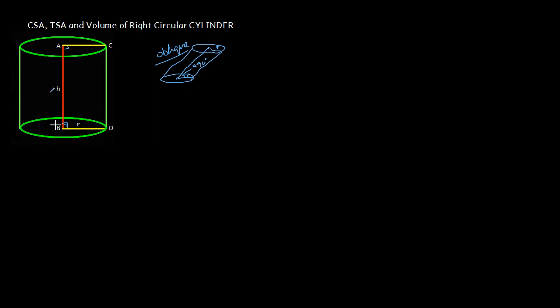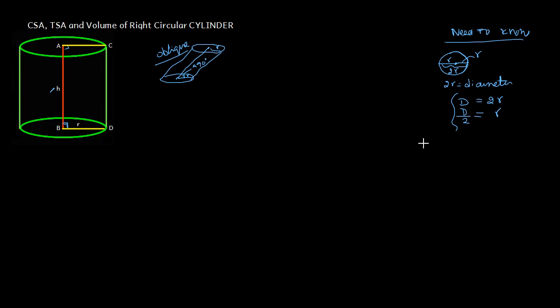Two times the radius is the diameter. So let's first get to know what we need to know. If I take a circle, from the center that is my radius, and from here again this is radius. So this is 2 times radius, and 2 times radius is equal to my diameter. So diameter is equal to 2r. Remember this, very important. Or otherwise r is equal to, if I transpose, d by 2. So these two are very important things.